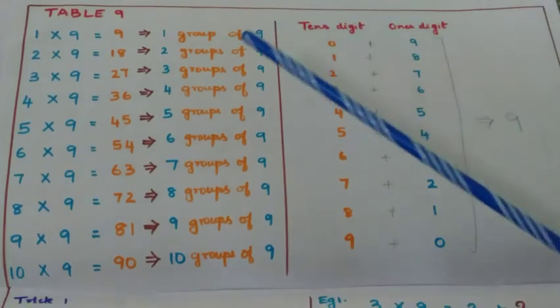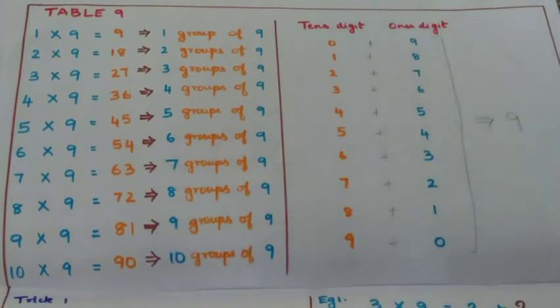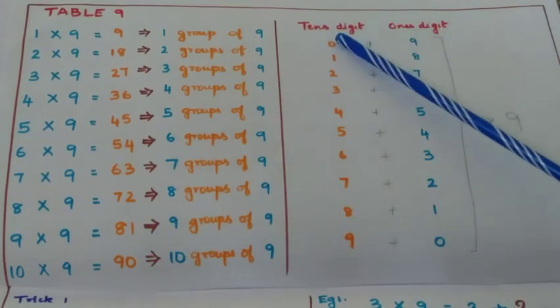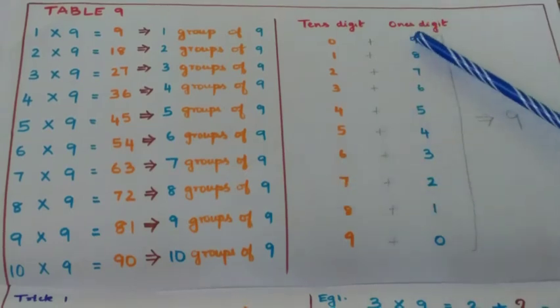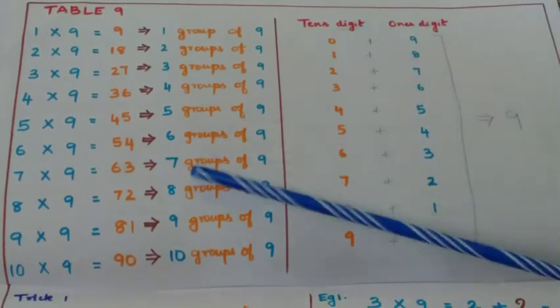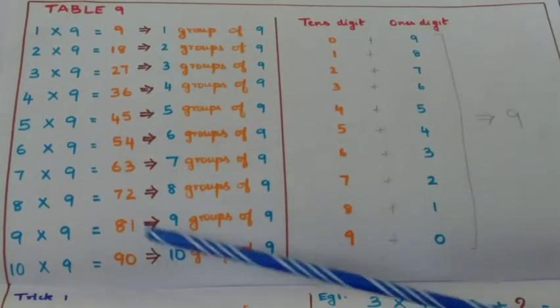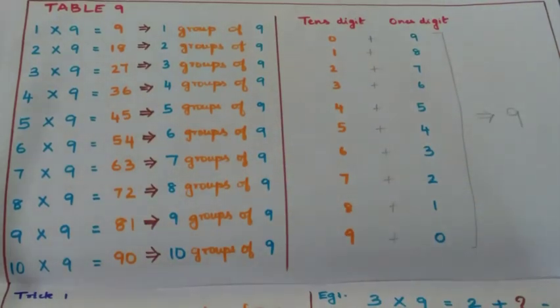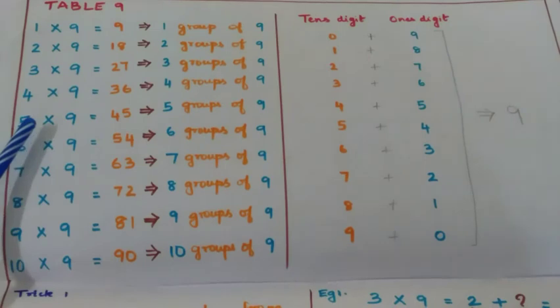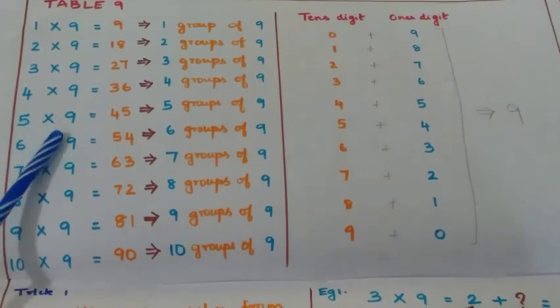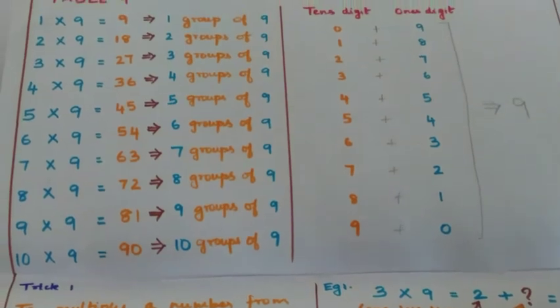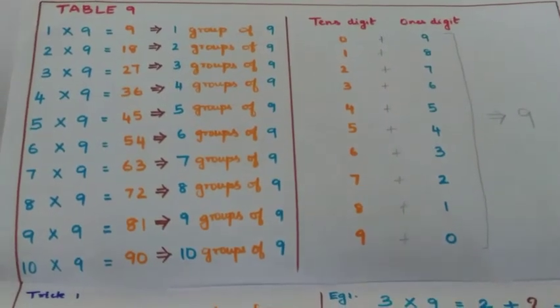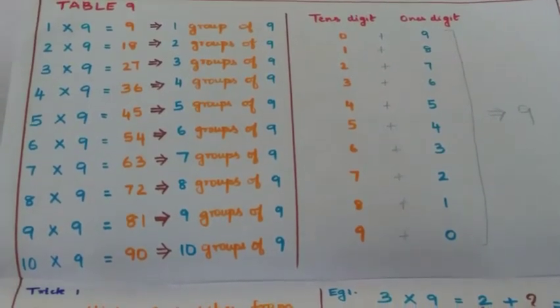For writing table 9 sequentially, it is going to be very simple for the kids, because they need to write just 0 to 9 in the tens digit and just the reverse of this, which is 9 to 0, in the ones digit, to obtain the result of table 9. But the challenge comes when the child is questioned unexpectedly and when they need to perform calculations faster, for which I will provide useful tricks and tips in this video, which is going to make the learning of table 9 very simple for the kids.